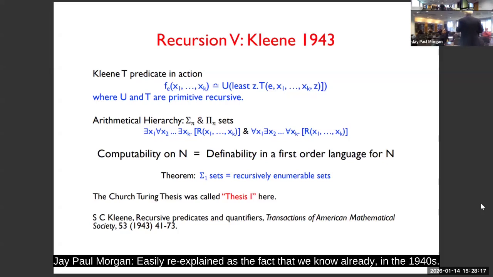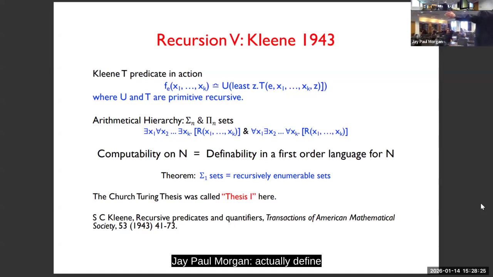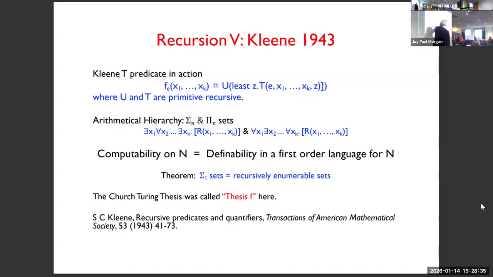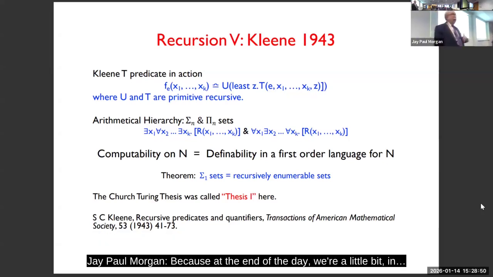fact that we know already in the 1940s that the power of these logical formulae, which of course will come from Frege, actually define key computable things like the algorithmically listable sets, the Sigma-1 sets, these are recursively enumerable. All of this is done with recursion, and this is the great paper that Kleene did for that. And he mentioned what we would call the Church-Turing thesis, by the way, in there. It's just called Thesis 1 there, but we're coming to the Church-Turing thesis,